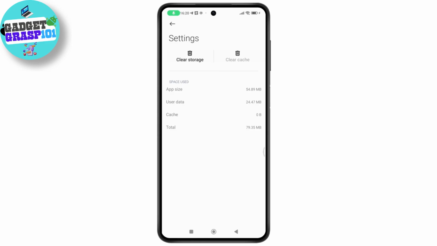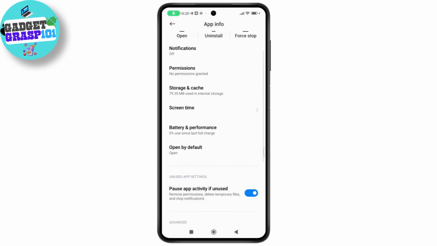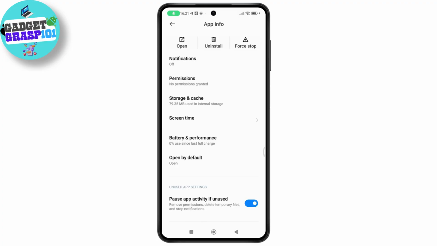After clearing your cache, your problem might be fixed, or if that still doesn't fix your problem, then just simply go and uninstall the application and then again reinstall it from your App Store or your Play Store. After reinstalling, just go and log in and your problem will be fixed. That's how you can fix your